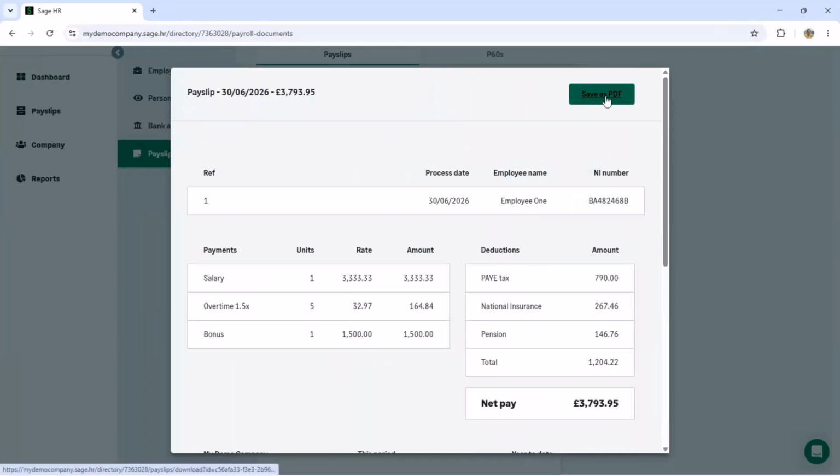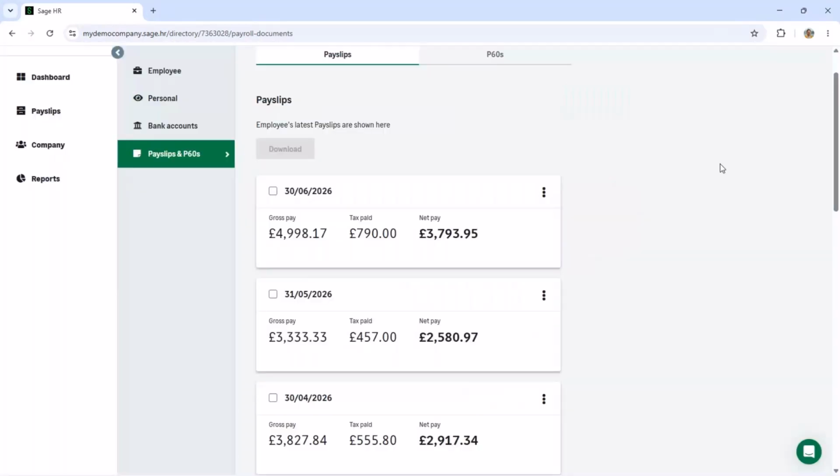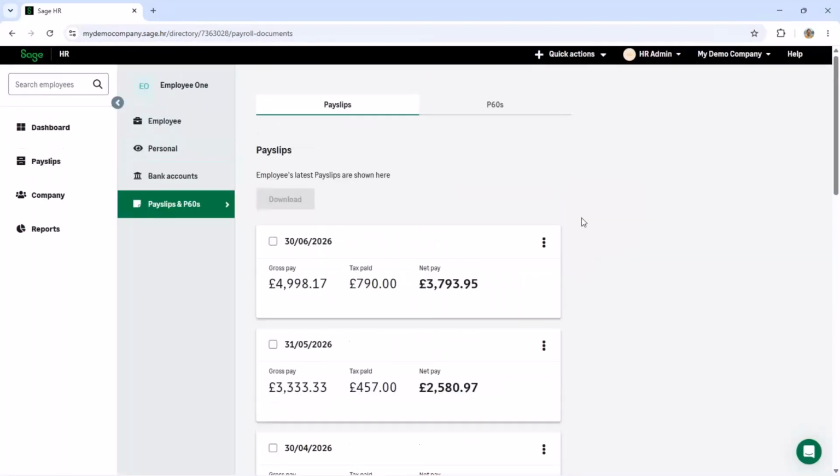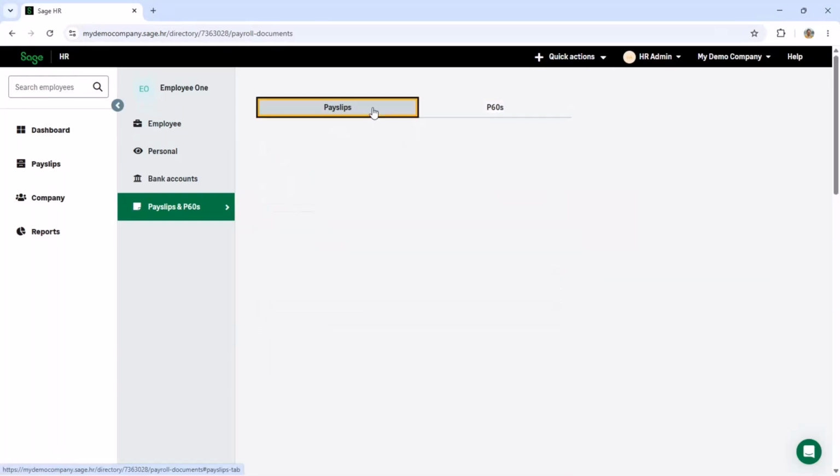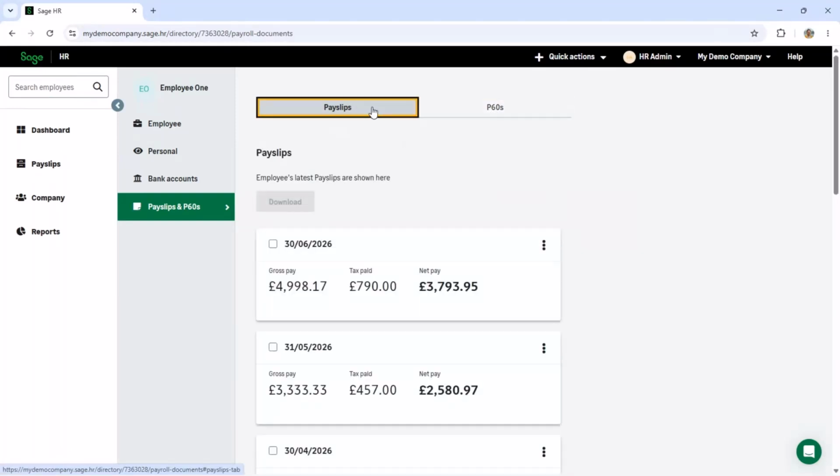And they can choose to download that payslip as a PDF. So they've got all their payslips up to the last pay date. They've also got some P60s available that they can view. And as an admin user, as well as being able to access